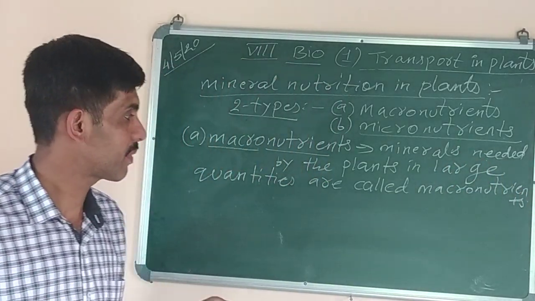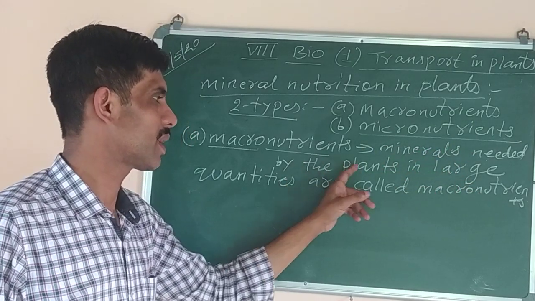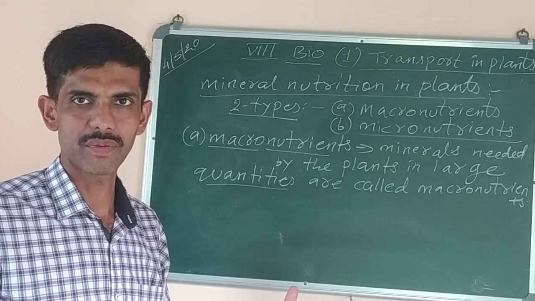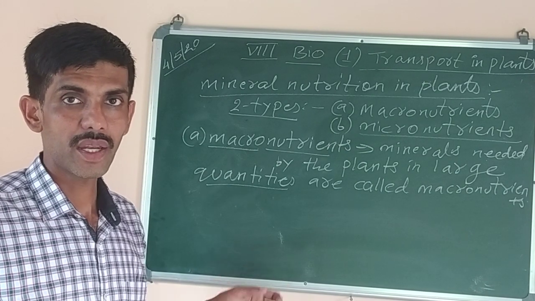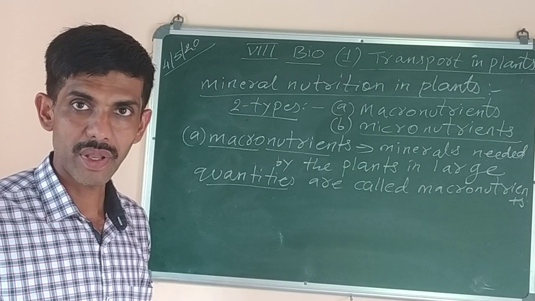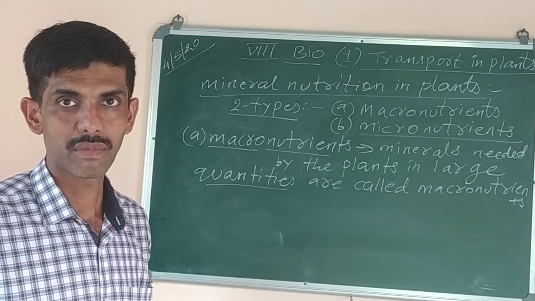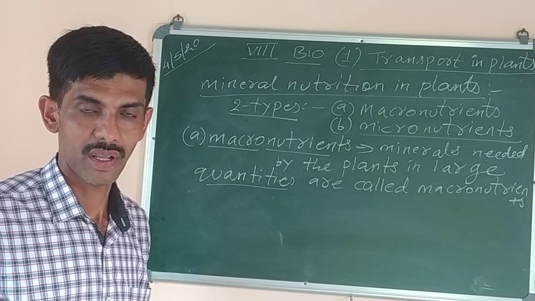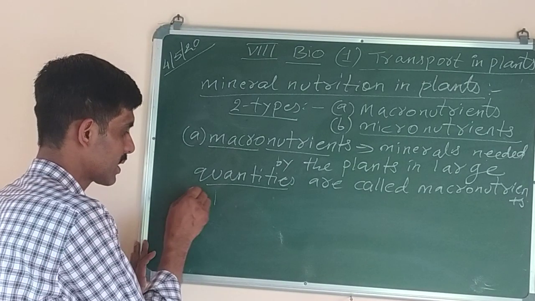Okay, so what is the definition of macronutrients? The nutrients or the minerals which are needed by the plants in large quantity. Like they need plenty of these minerals. Example, you can say they need the minerals like calcium, magnesium. They need the minerals like iron, sulfur. So we'll list the name of the main minerals which are required. Example you can write